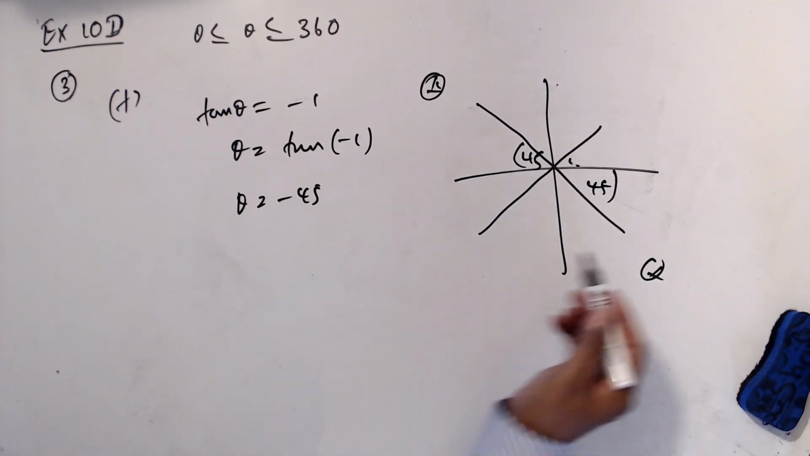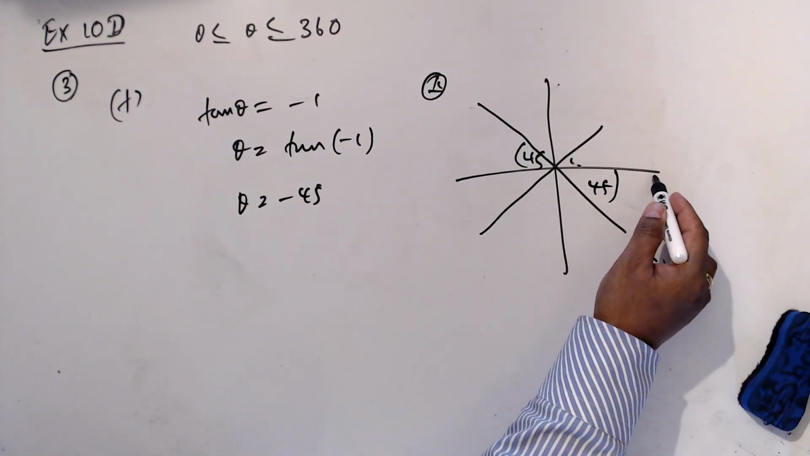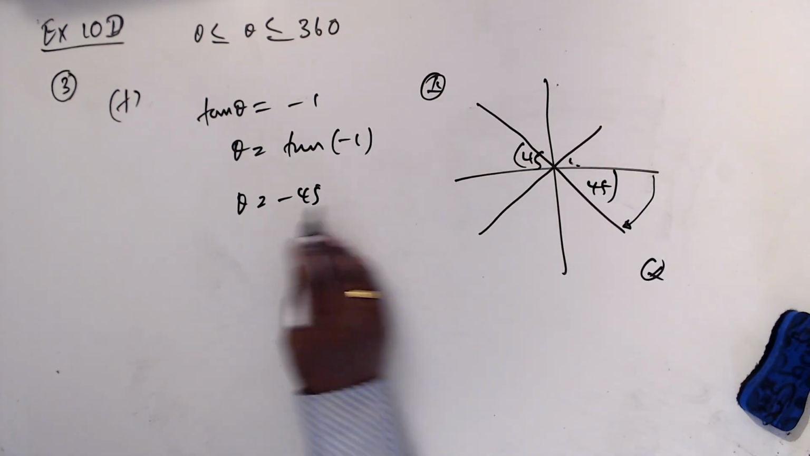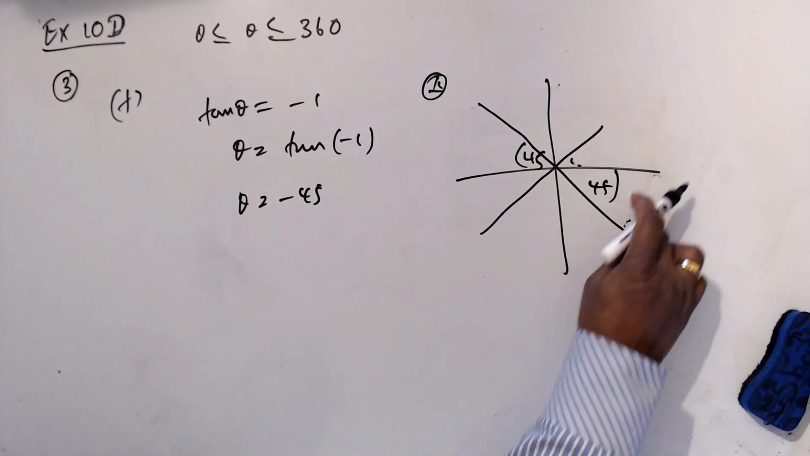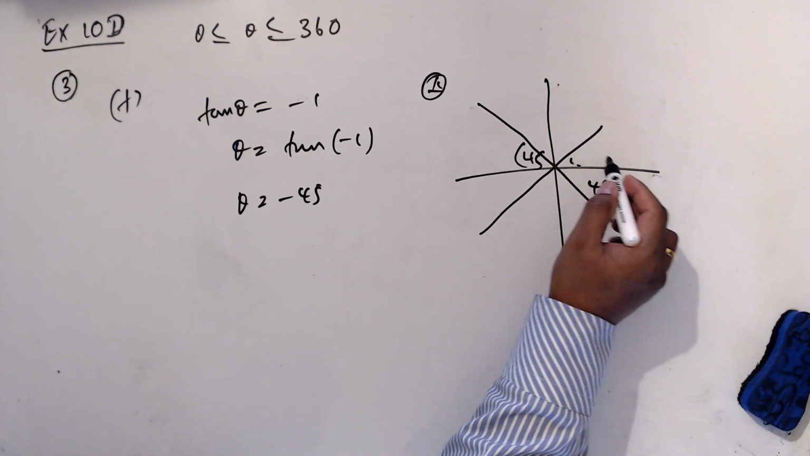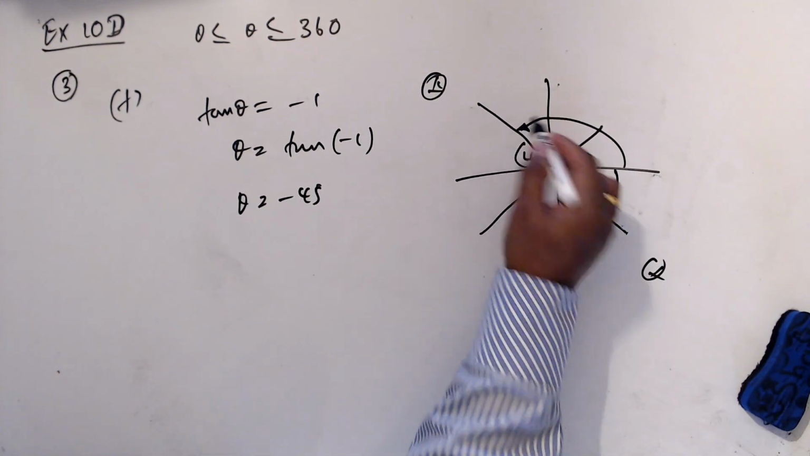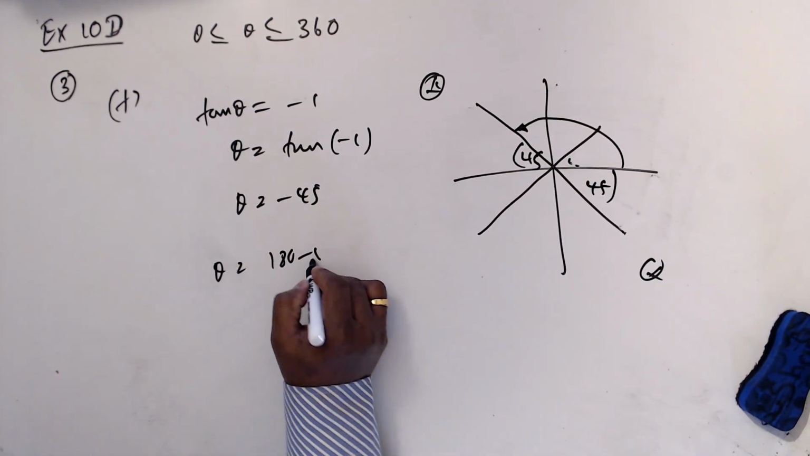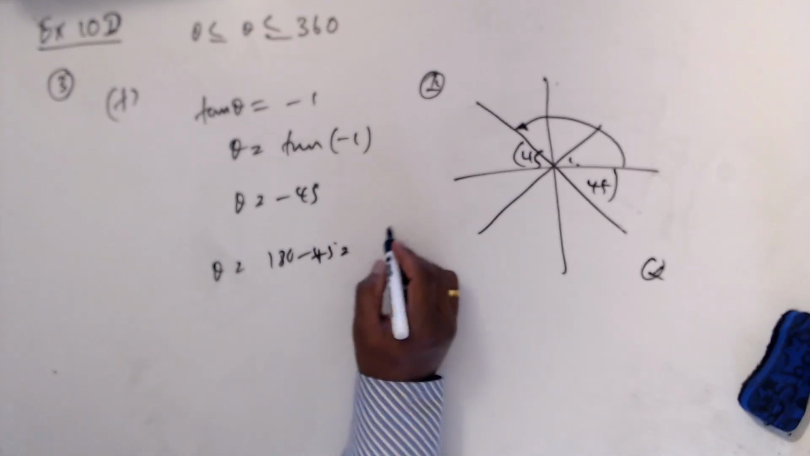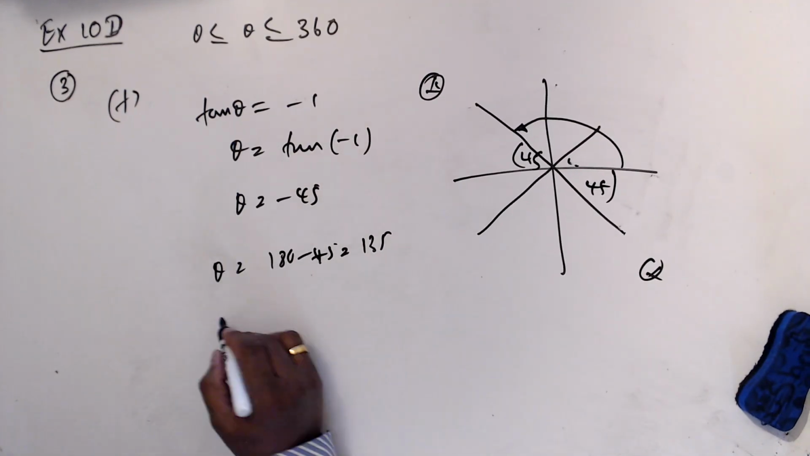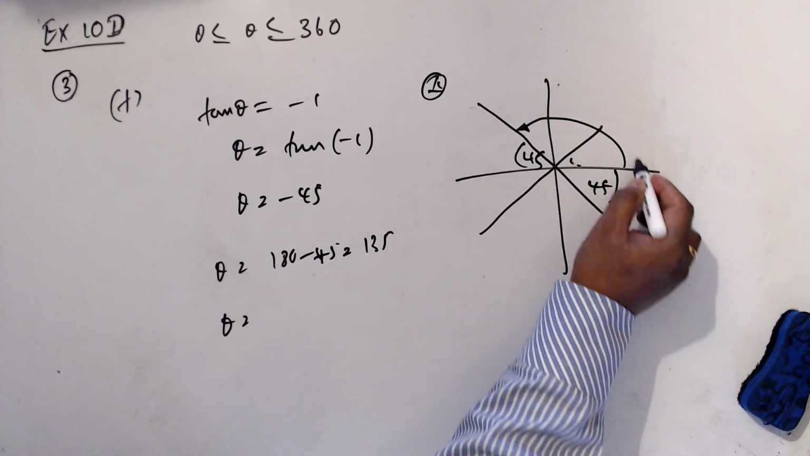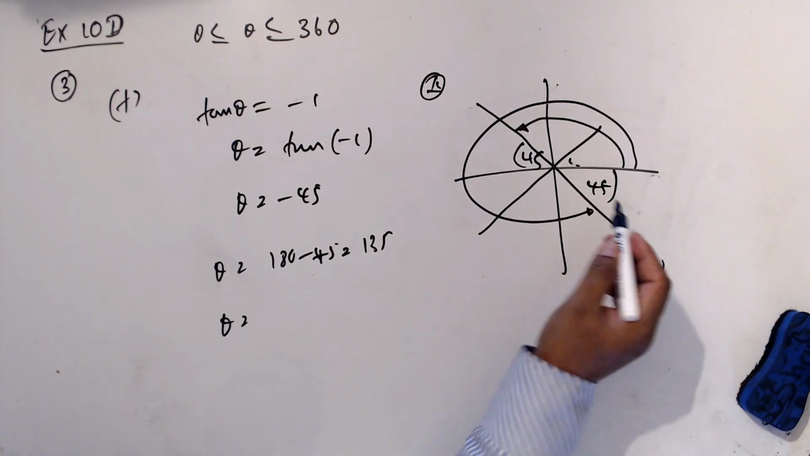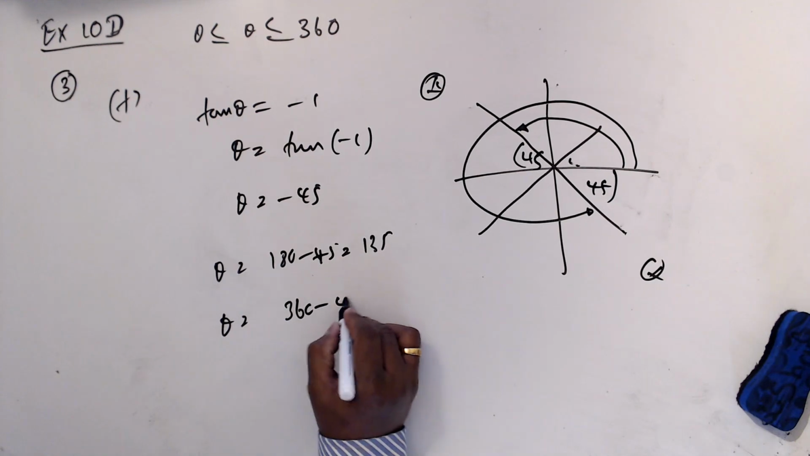So you can see that if I look at it like this, this is minus 45. If we measure in this direction, we'll measure positively. So one answer is this one, 180 minus 45, which is 135. The other answer is, we start from here, the second one: 360 minus 45,